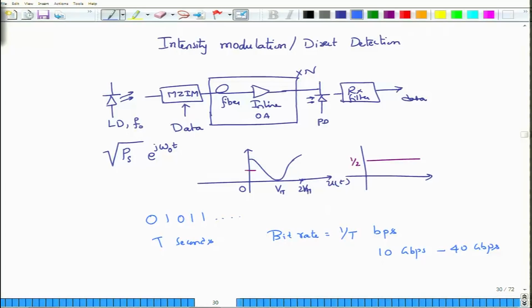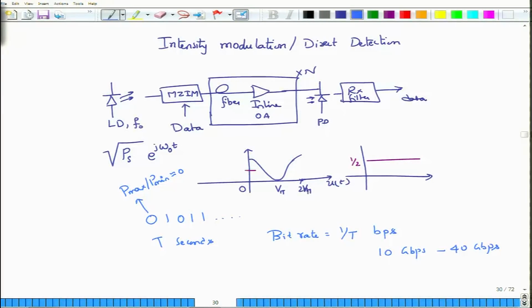That is actually implemented today. Okay. So these symbols occur every T seconds, and what we need to do is to associate two levels of optical power to each of these bits. So for this 0 bit we may associate a maximum optical power, or we may associate a minimum optical power being approximately equal to 0.